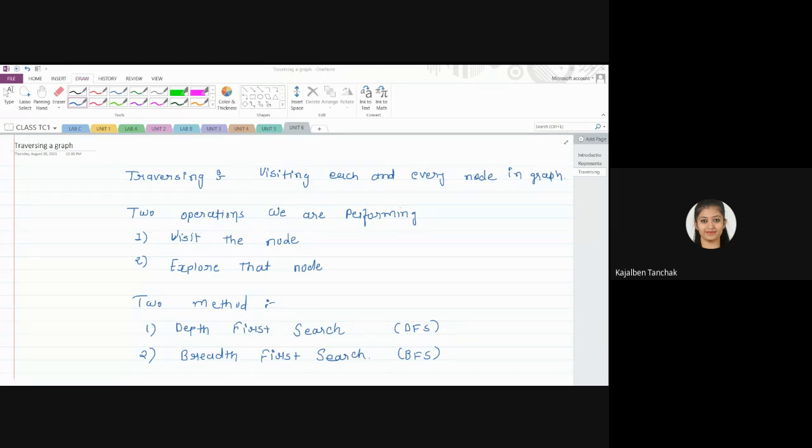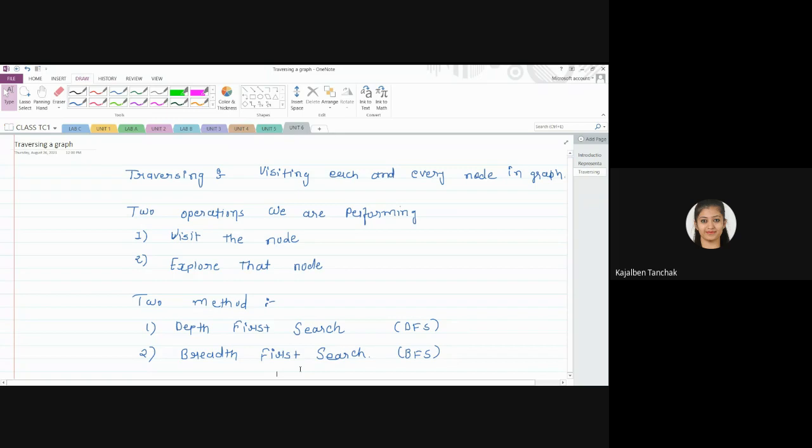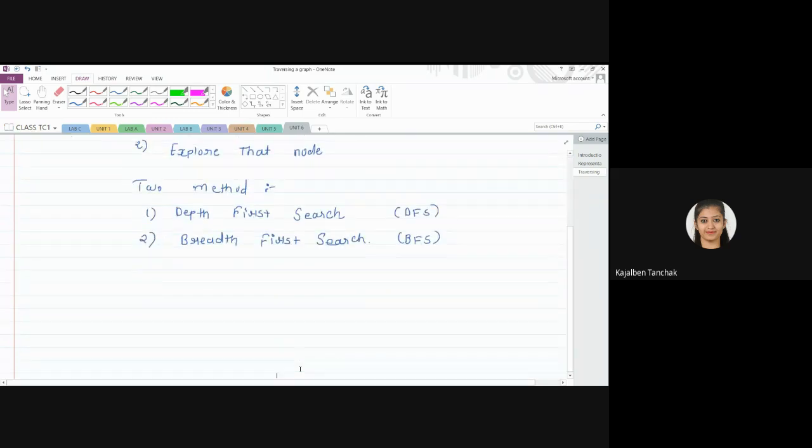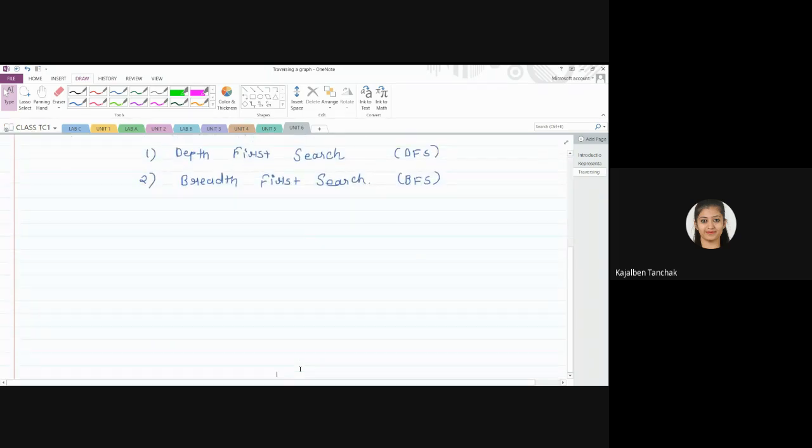So it might be possible that the method you used in data structure may be a different one than I'm teaching you. I'm not sure. So you just focus on how we are solving the example. First we will start with the depth first search because that is a bit tricky for all to understand how to backtrack. That's why. So let us start with this depth first search algorithm.